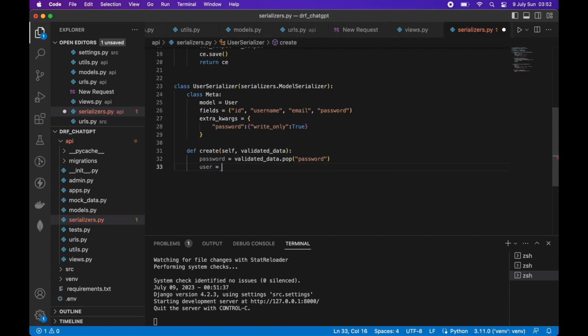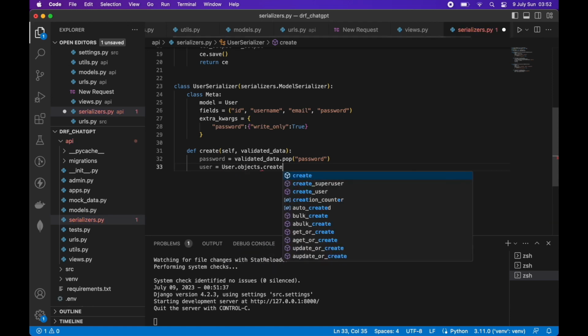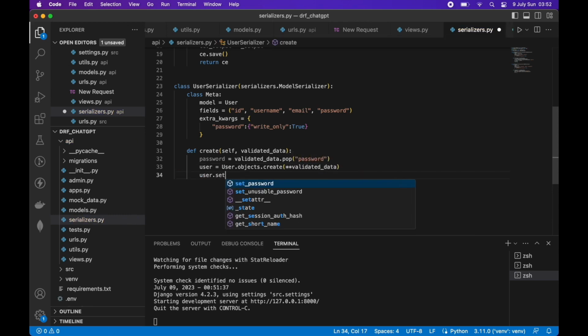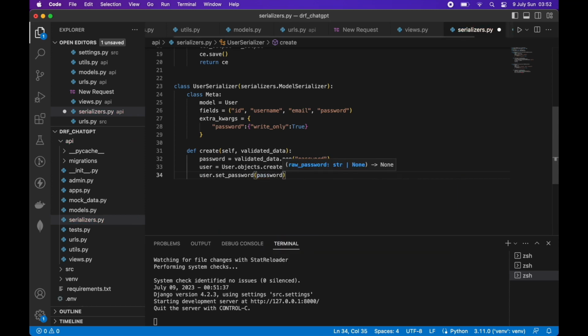We'll be creating a user by passing validated data to the User.objects.create function. Here we use user.set_password, the set_password function, making an encrypted password for the user password,